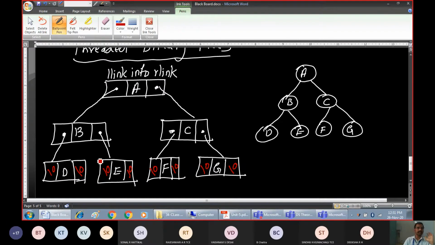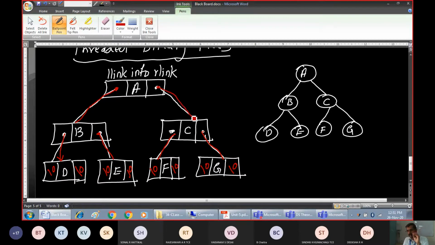There is no information. When you consider this left link, there is one piece of information. What is that information? It has a pointer to the next node. When you consider this location, it has a pointer to the next node called E. It has the address of the next node. Similarly, when you consider node C, it has the address of F. When you consider this node, the right subtree address of G, that means some information is stored here. Here also some useful information is stored. Address of this node. Here also some useful information is stored. What is that? Address of this node.